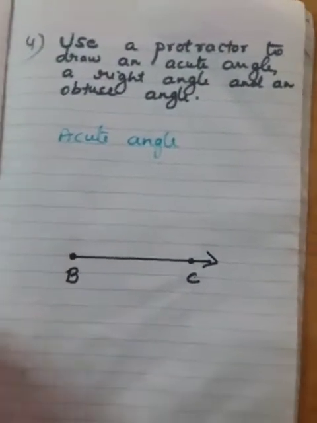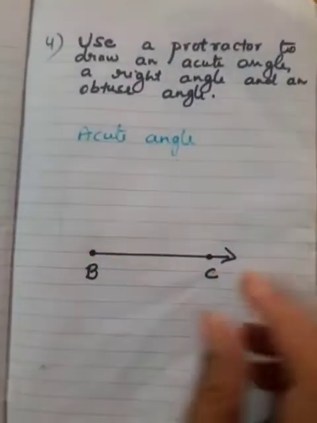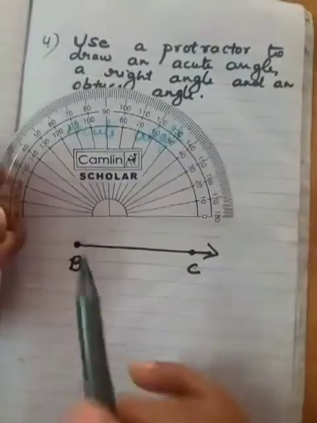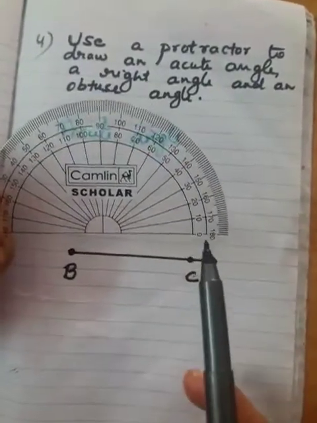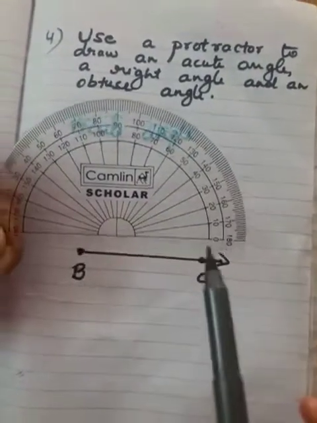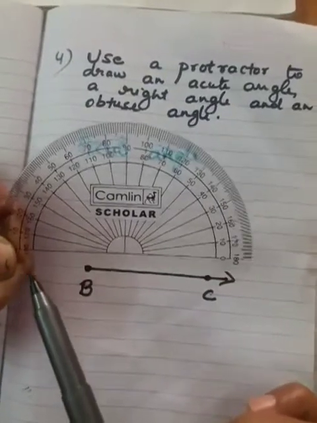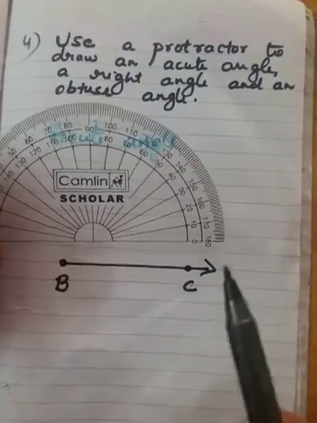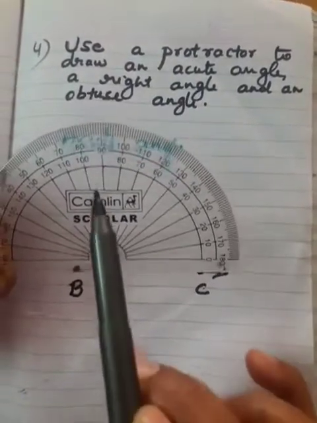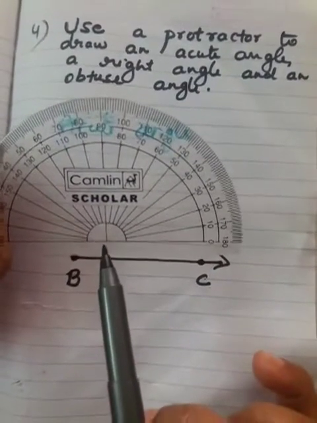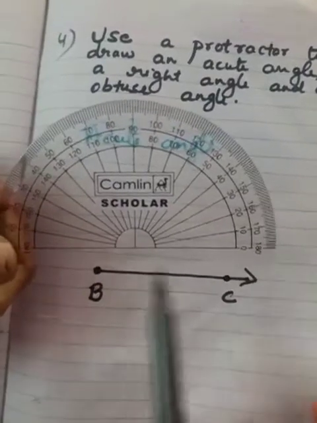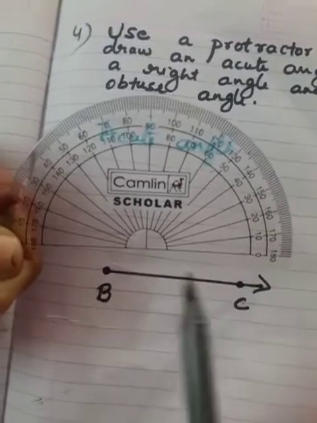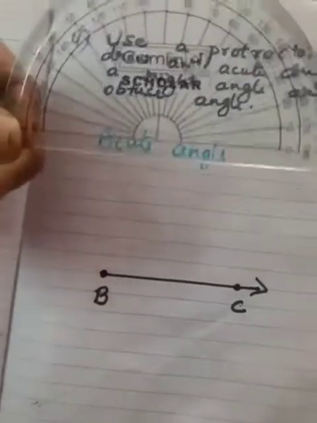Okay, now next, using a protractor, how to draw an angle? Now you have seen the protractor. The protractor is divided into 180 equal parts, 0 to 180 degrees, correct? So each part is called a degree. Now here in the center you can see one line, that is called the center of the protractor, and here also a horizontal line you can see, that is called the base line of the protractor.